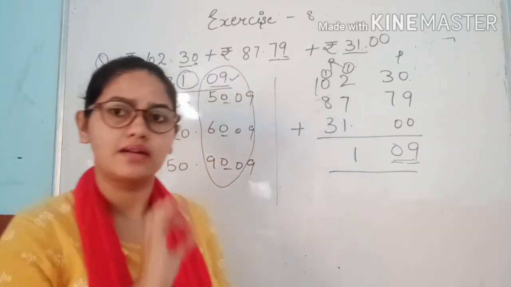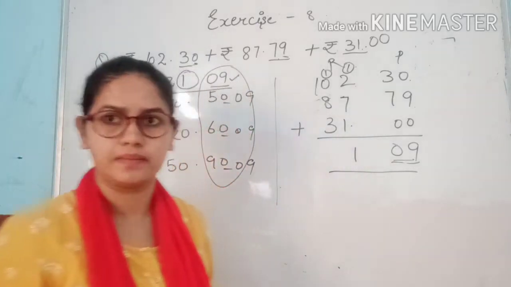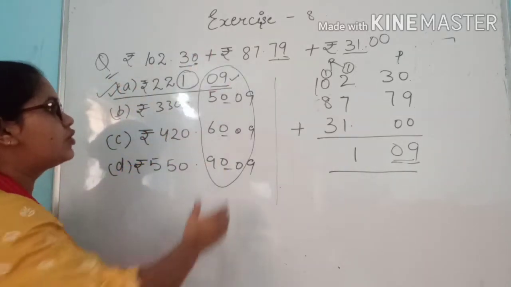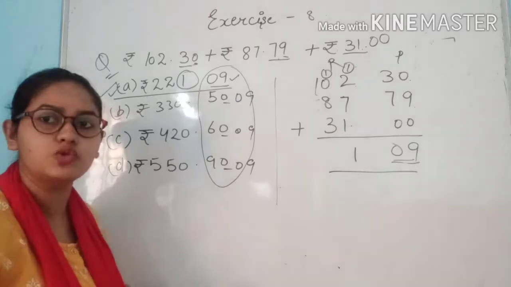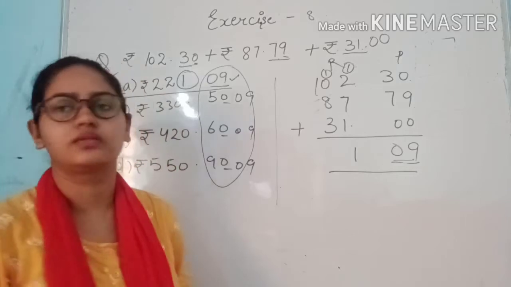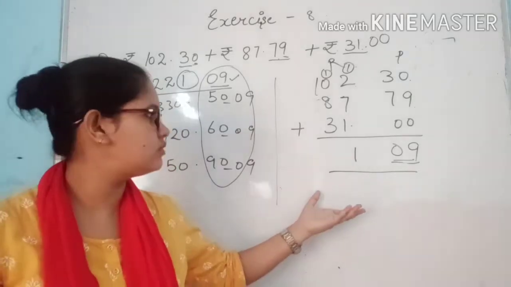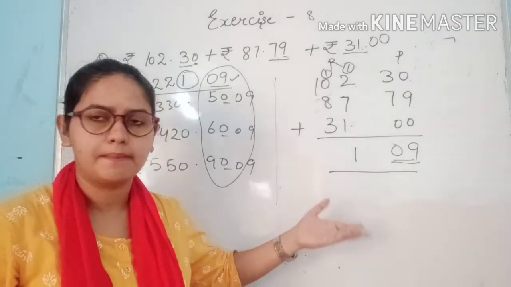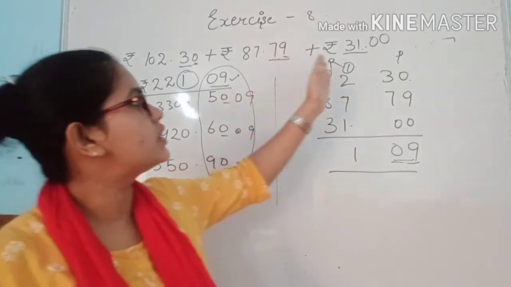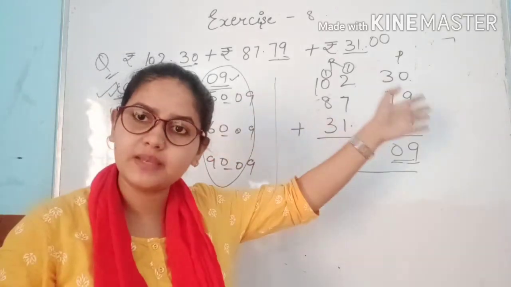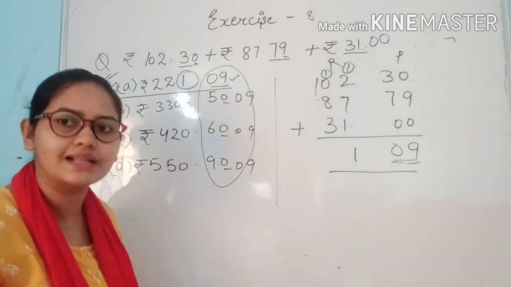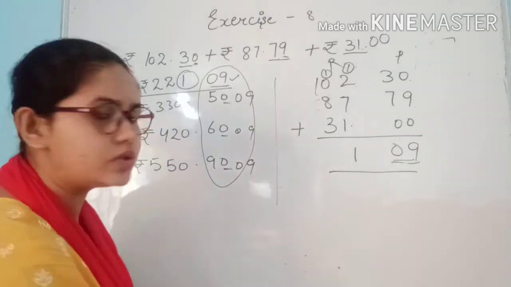So this one is our addition sum. If an equation like this comes in the test, and the answers are given like this, and you have to choose the one, how can you choose it? By doing this kind of addition. You can do the longer method or explanation method, by which you will get the proper answer, or you can take the paisa section first. When we add the paisa section, we can guess by the paisa which one is our correct answer. So this one is enough for you.